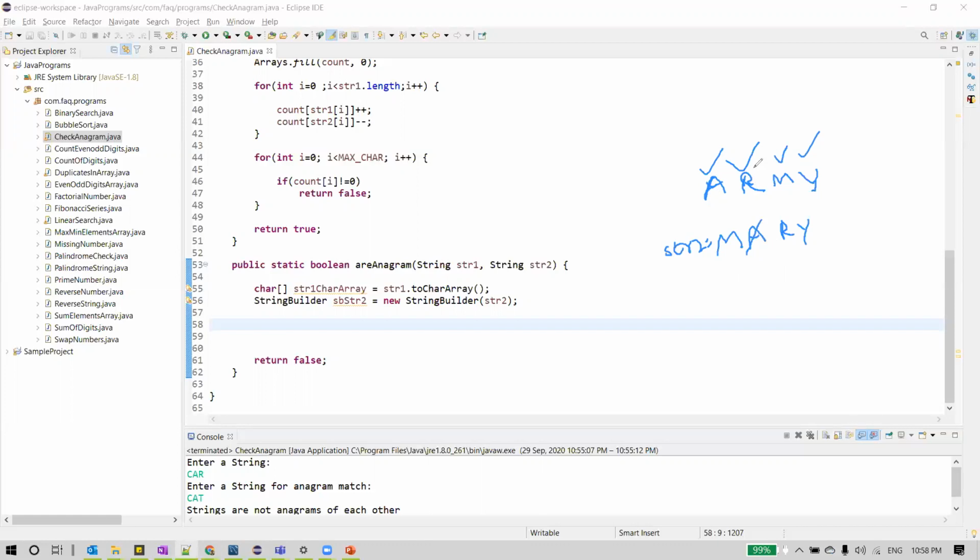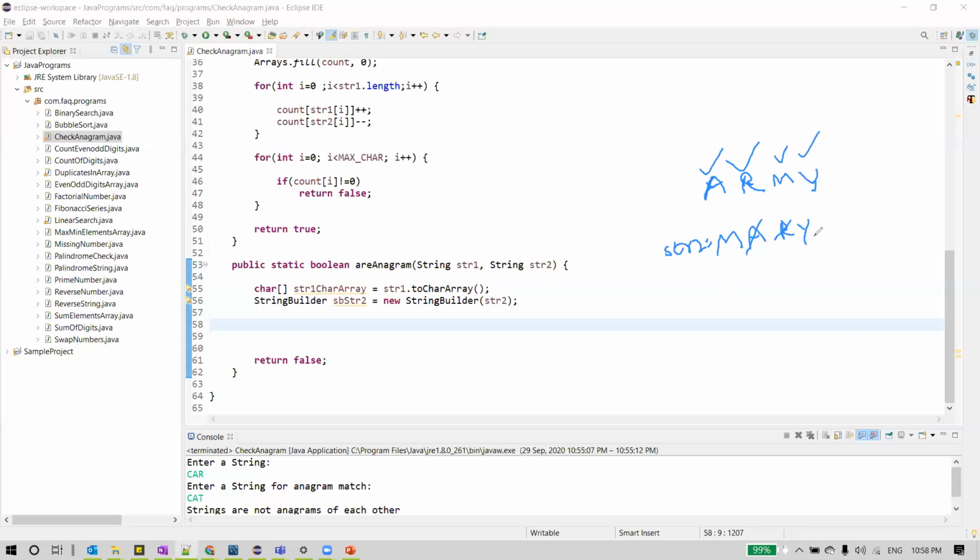Then we'll read the next character from string1, r. So we'll check the indexOf r in the second string. We'll get some position, this is the index of it. Then using that index, we'll delete this character also from string2. So on, we'll read each character from string1 and find the index from string2.